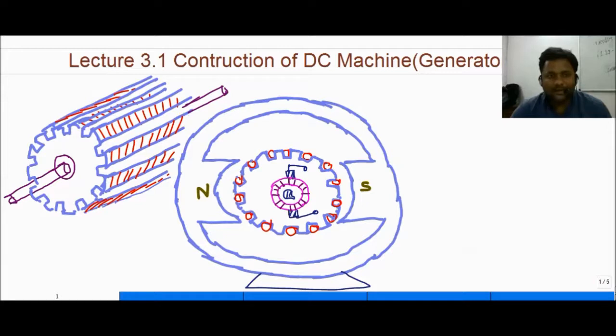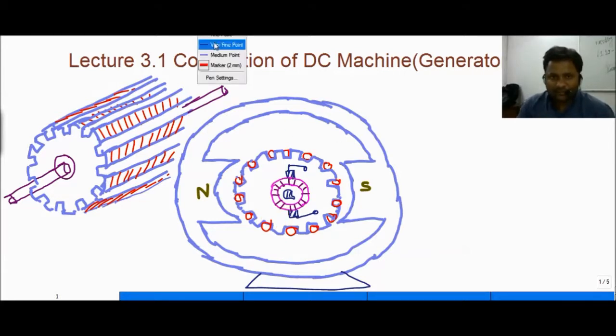Here now we are going to start DC machine. In the first lecture, we basically discuss the construction of DC machine, especially the generator. Here in this window, you are seeing a machine that is called the DC machine, where there are two or